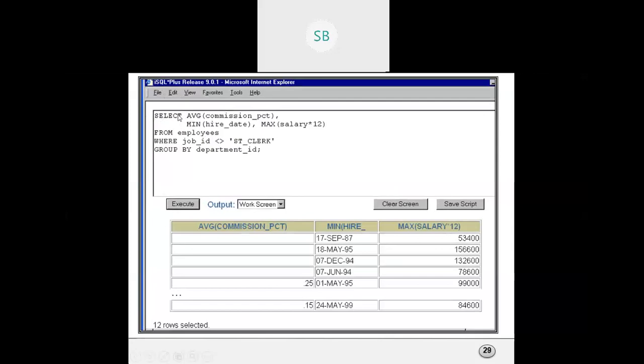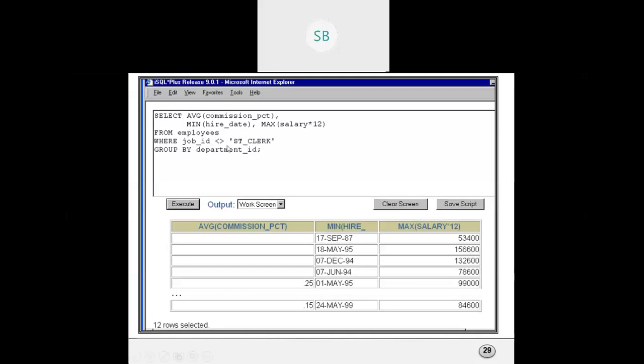Another query: select average of commission PCT, minimum hire date, maximum salary from employees where job ID... Can anyone tell me what this symbol is called?